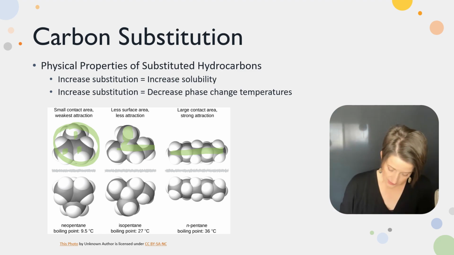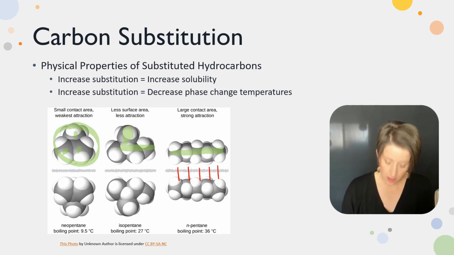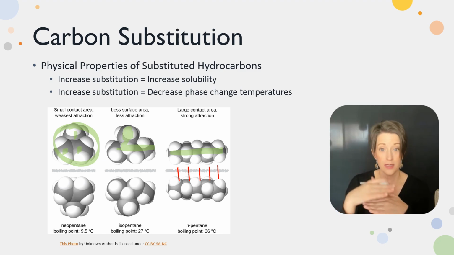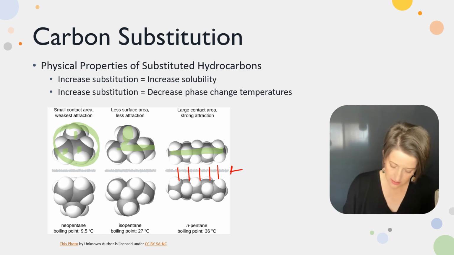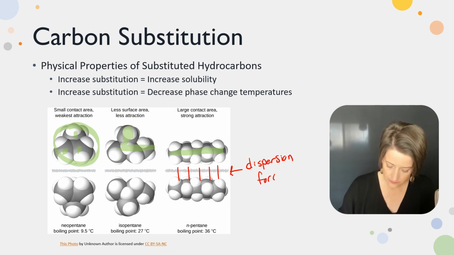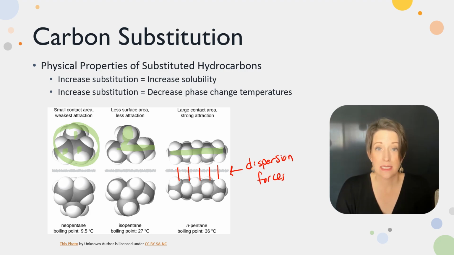The reason being is when you do not have any, or the minimal amount of substituted carbons, you have the largest amount of surface area or contact area that allows the dispersion forces to be maximized, which means if they have a higher attraction with their electron clouds, it's going to take more